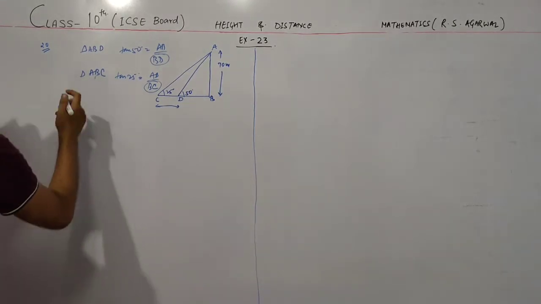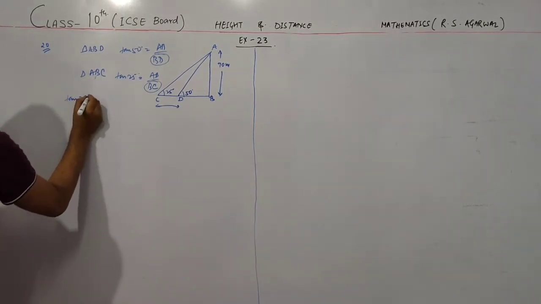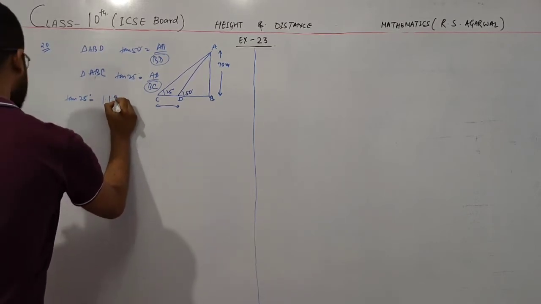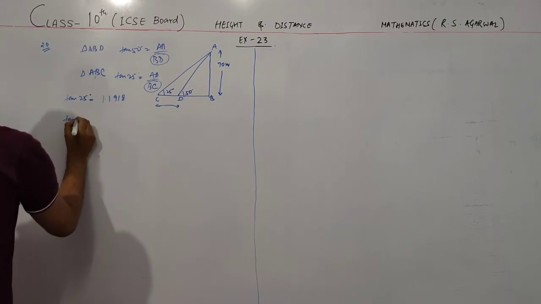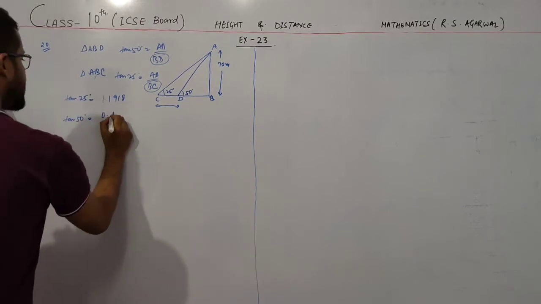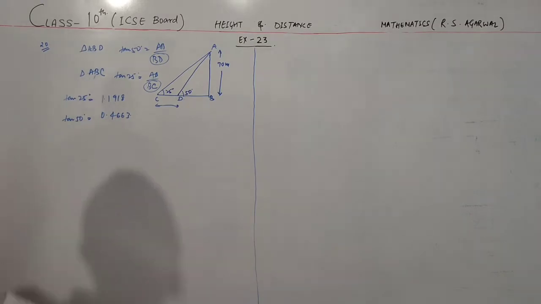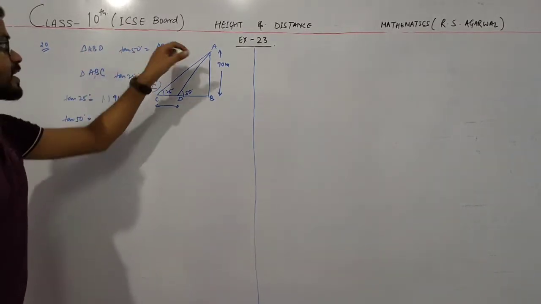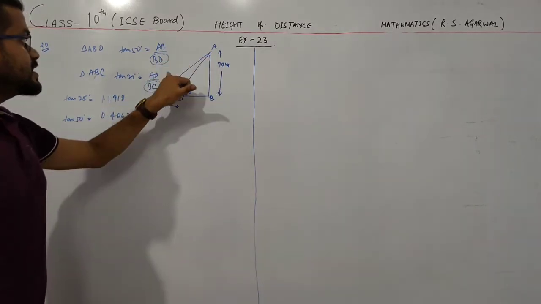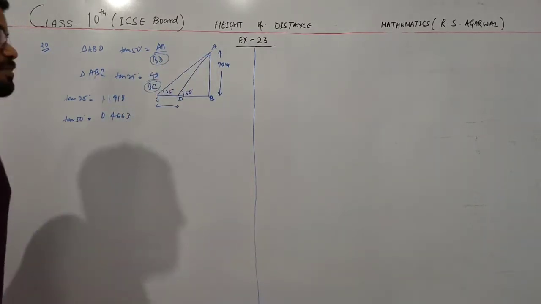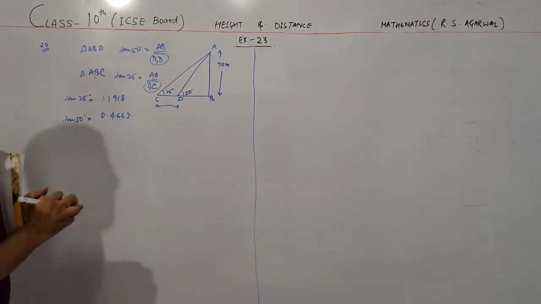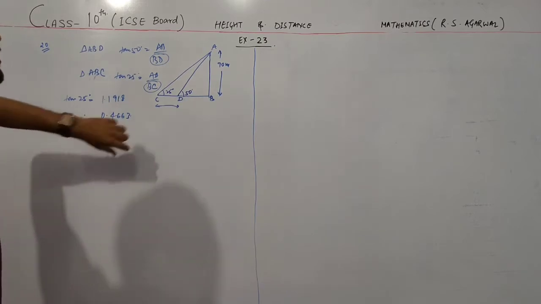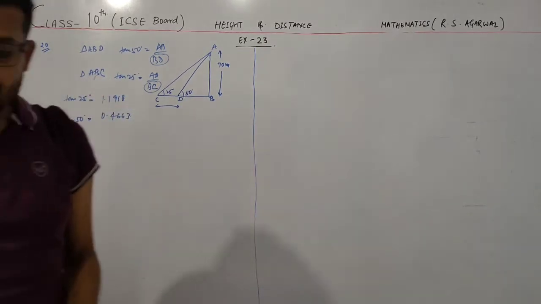Here, I get these values from the table. Tan 25 degree is 1.1918 and tan 50 degree is 0.4663. Okay, these are the values of tan 25 and tan 50 degree. Simply put them here, and the value of AB is given as 70. You directly get the values of BD and BC. Subtract these two values and get the value of CD. Okay, and this is the distance between the two men. So this is question number 20.